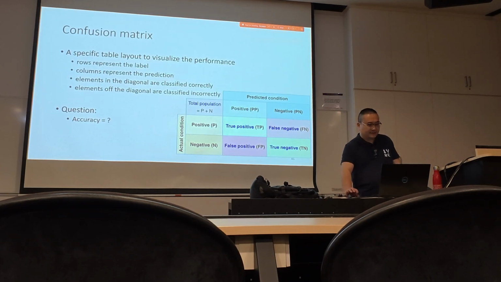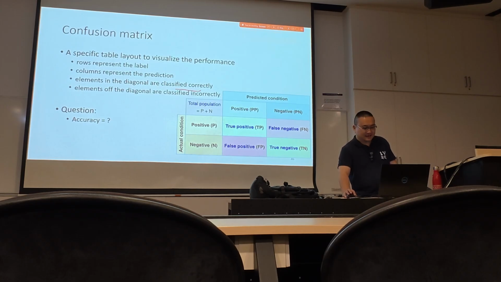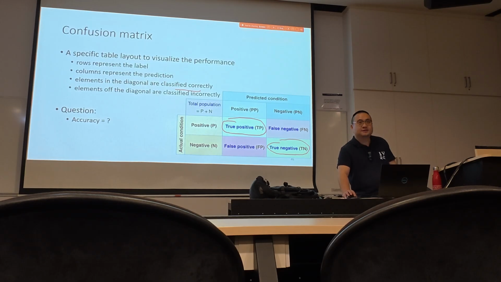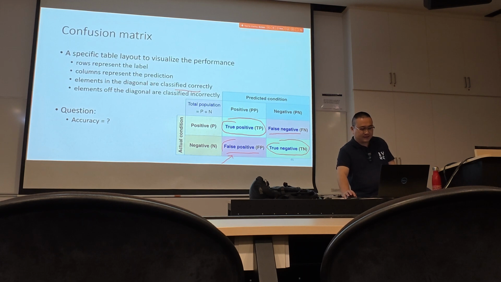So in this setup, the elements in the diagonal are correctly classified. Positive data recognized as positive, negative data recognized as negative, and the other elements represent incorrect predictions. And here we have false negatives and false positives. For the false positives, the prediction is in the positive prediction column. However, the original label is negative, so this failure is called a false positive. And then using the